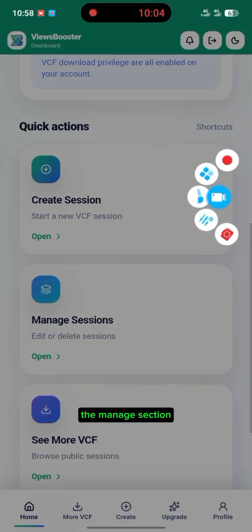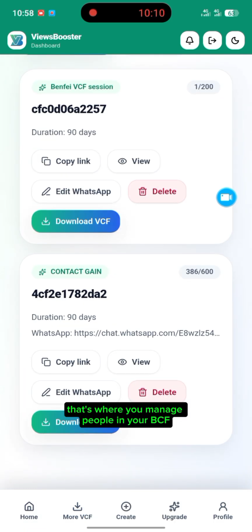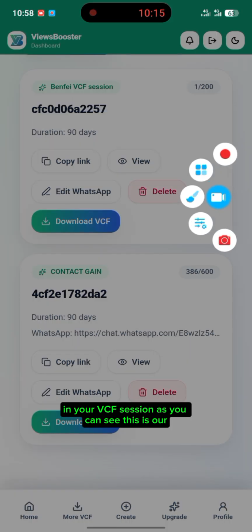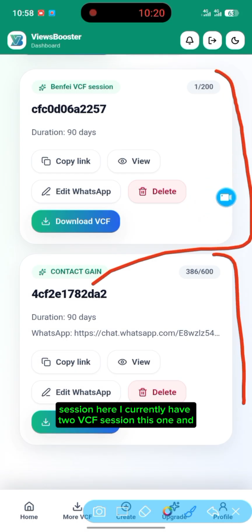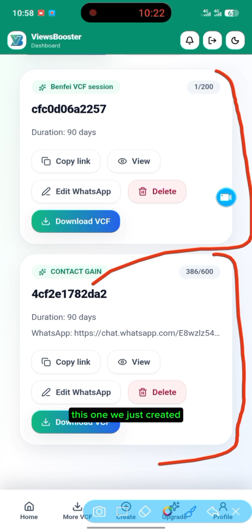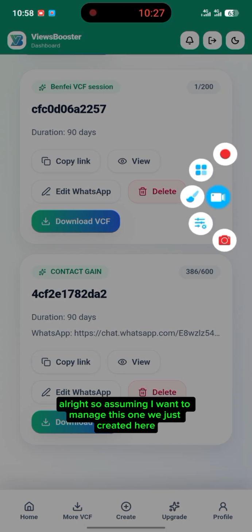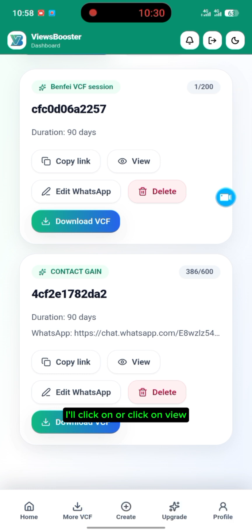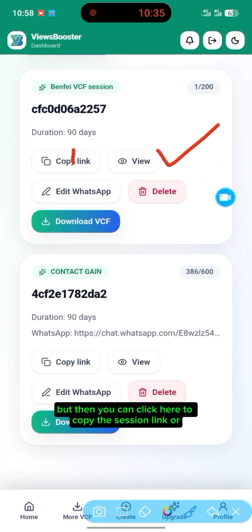All right, so now let's go back to the home page and explore other options. The manage section, that's where you manage people in your VCF session. As you can see, this is our session here. I currently have 2 VCF sessions, this one and this one we just created. All right, so assuming I want to manage this one we just created here, I'll click on view, but then you can click here to copy the session link,